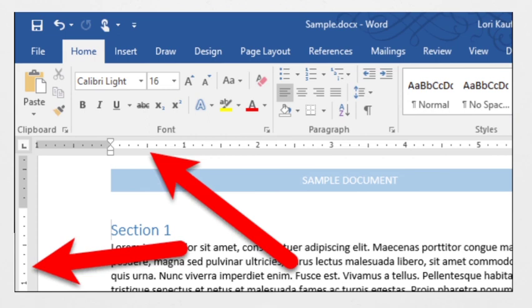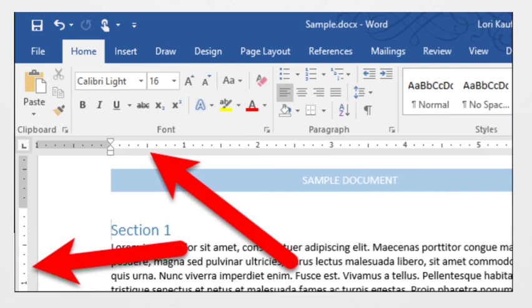When that double-headed arrow comes, you just drag your mouse up and down to increase or decrease the margin. When you want to increase the margin, go down. Want to decrease the margin, go up. Fine. Like that we can increase or decrease the margin. So this is the way that you can use the ruler to change the bottom or top margin.